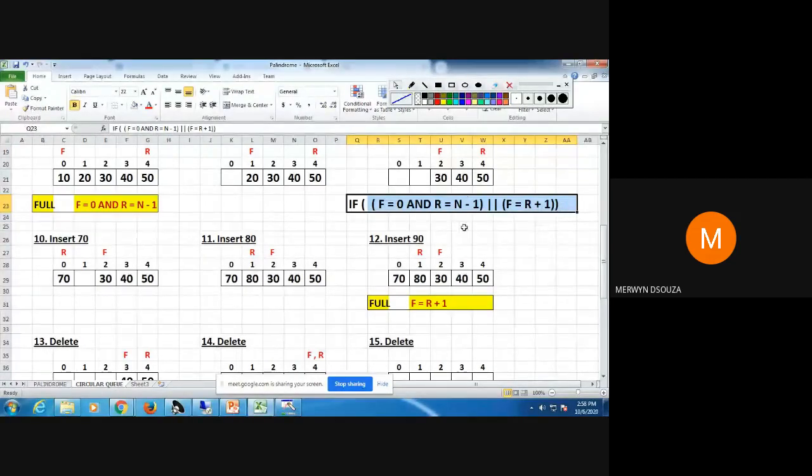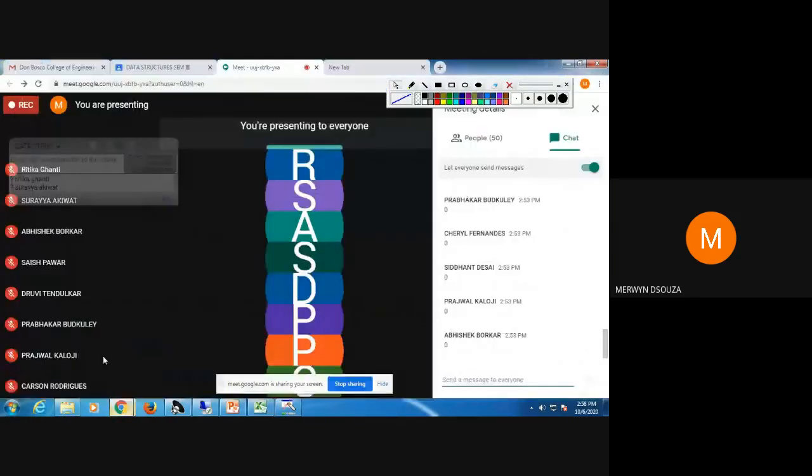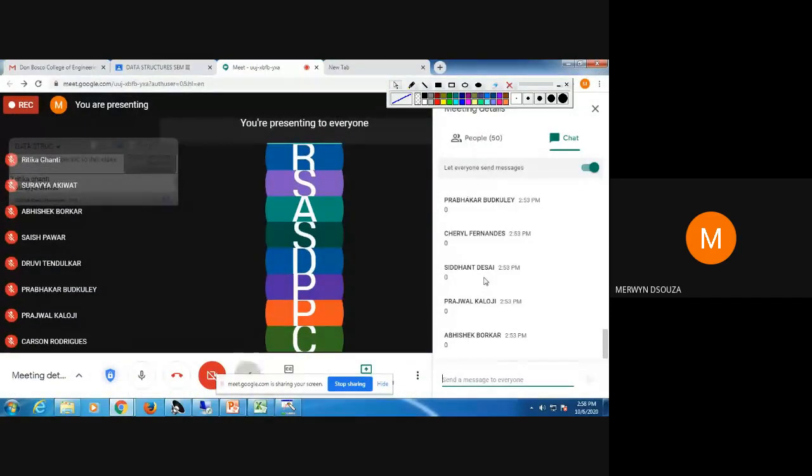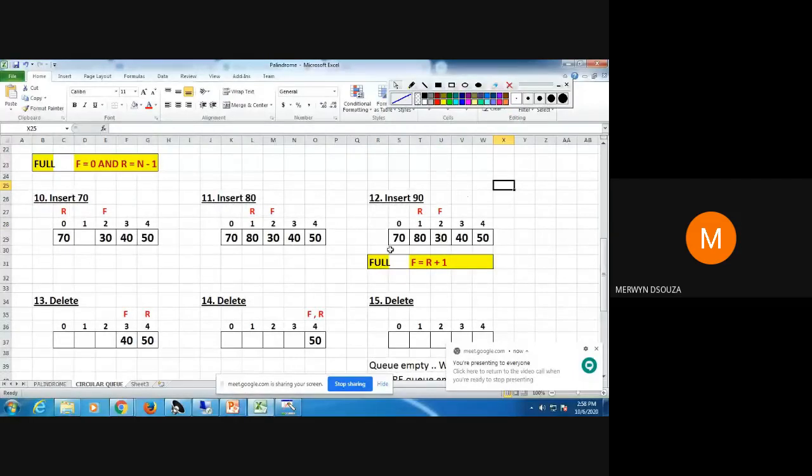Otherwise you can insert if this is not true. Clear? So there are two conditions to check for queue overflow in the case of a circular queue. Clear? So any doubts till step 12? Okay, then let's continue.